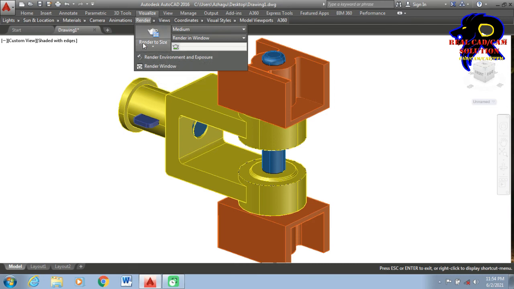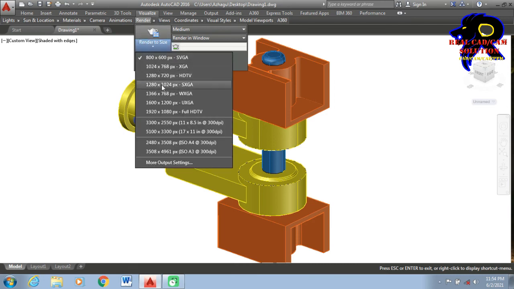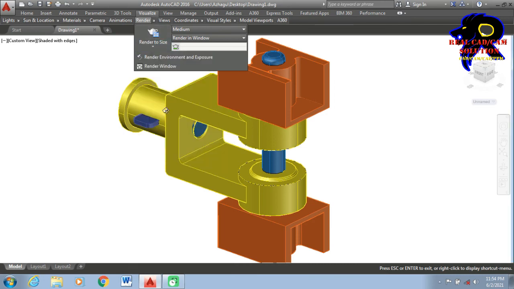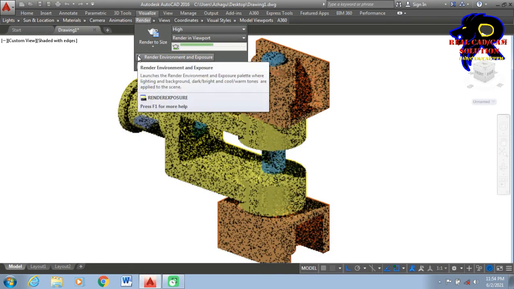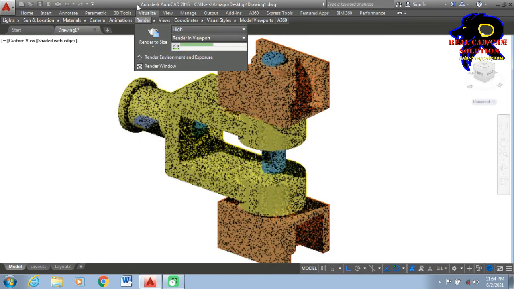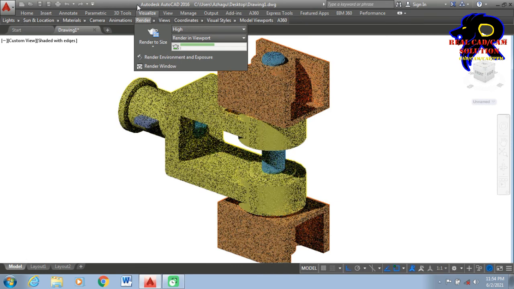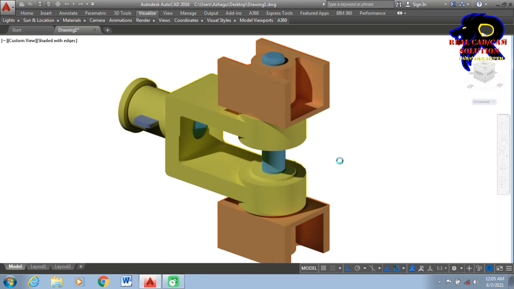Okay, go to the render size, choose the HD quality, I choose full HD TV, and go to the viewport render and go to the high quality and go to the render setup. Okay, it's almost going to render. It's great. It's amazing. It's really amazing. This render setup is used to present to your company or present your project or present whatever you want.